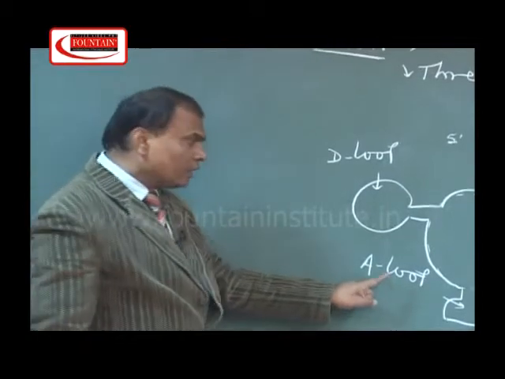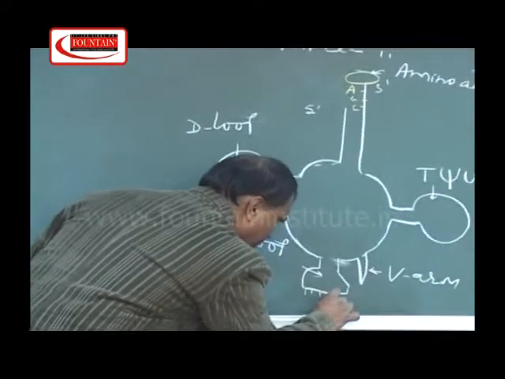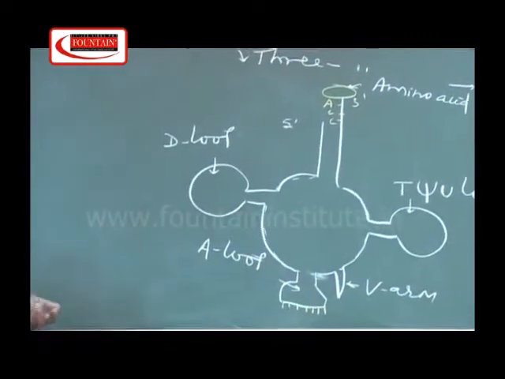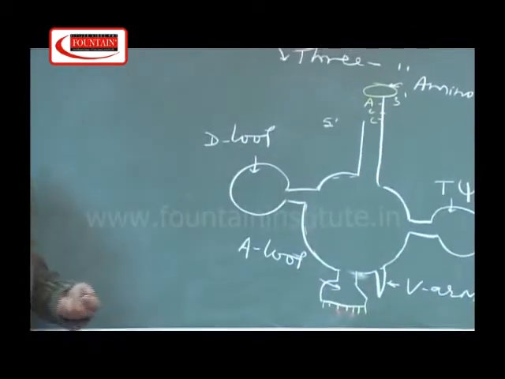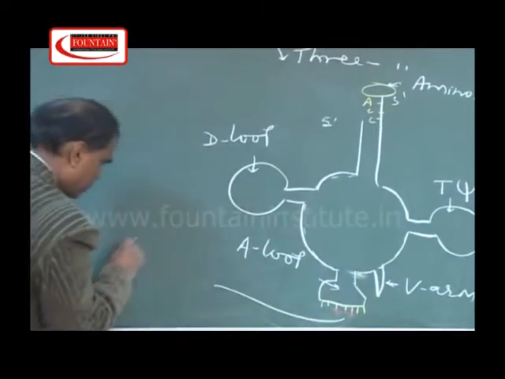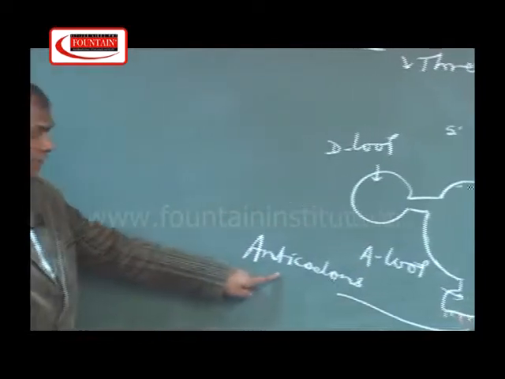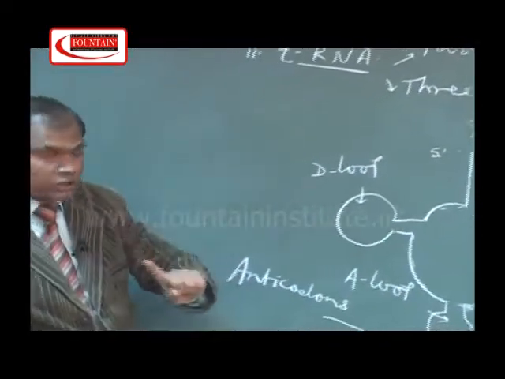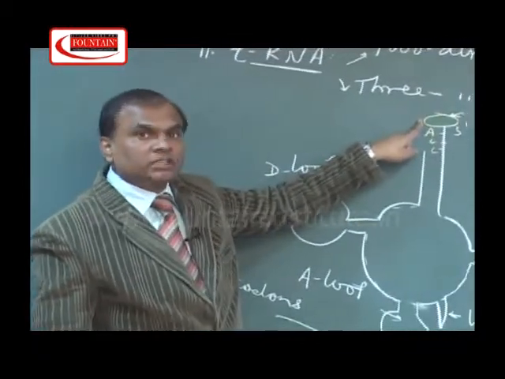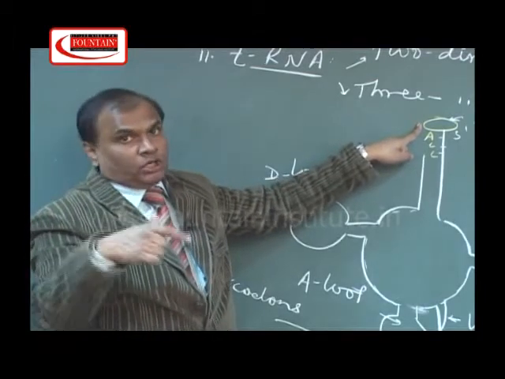The full form is anticodon loop, and it has a sequence of 7 bases: 1, 2, 3, 4, 5, 6, 7. After the first 2, these 3 are the anticodon. Through these anticodons, tRNA reads the codon on mRNA, and likewise it carries the amino acid which gets attached on the 3' end, and it moves from the cytoplasm to the ribosome